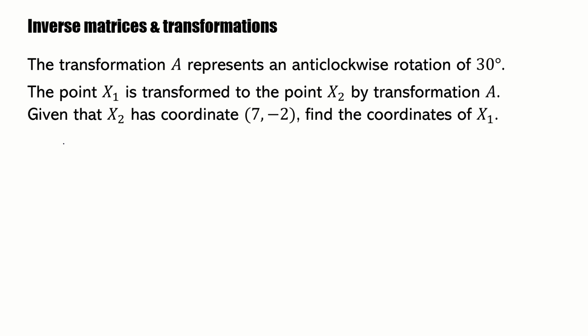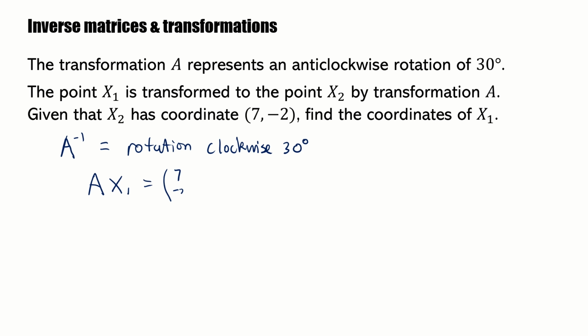But alternatively, you could realize that if you just want to undo that, of course, it's just going to be equivalent to doing a rotation clockwise 30 degrees. So therefore, that's really useful because it means we know that A, the matrix transformation we originally started with, is being applied to the point x1 to get the point x2, which was 7, -2. So therefore, if we want to find what x1 is, it's just going to be A inverse of 7, -2. But as we just pointed out, we can then just use our knowledge of what a rotation clockwise 30